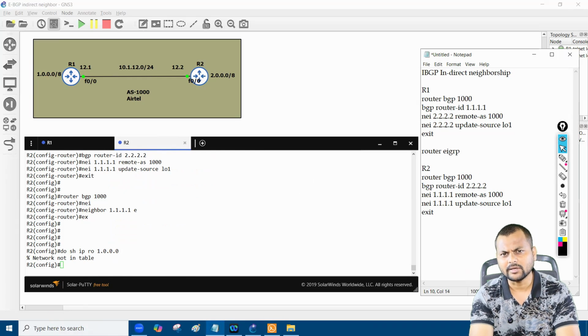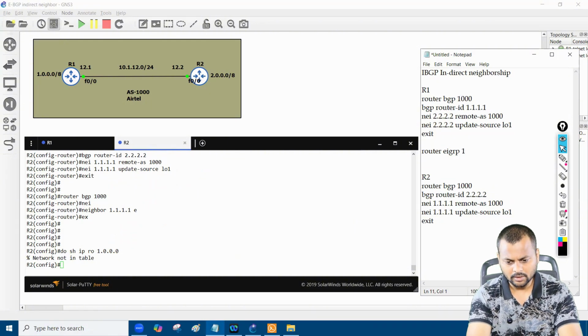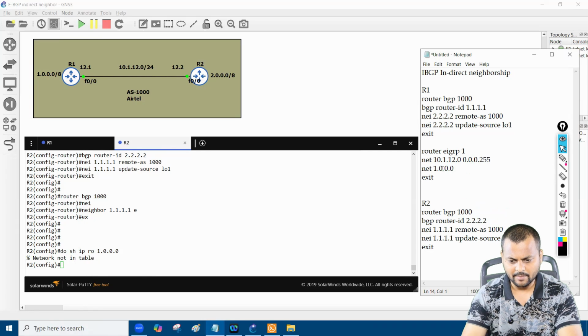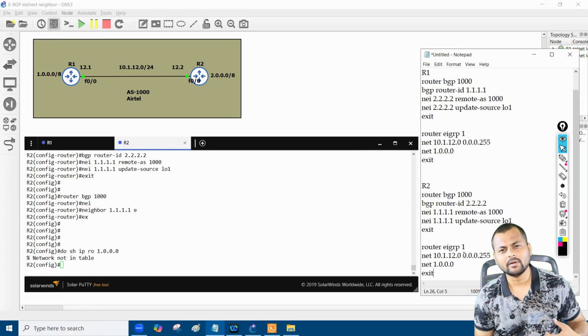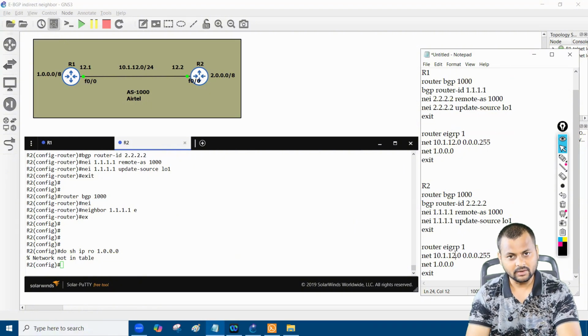So now I need to give the static route, or let's do one thing, let's run the EIGRP protocol. It's better to run the static, because in the last video in the eBGP indirect neighborship we configured the static route. Here I will go with the EIGRP protocol. I say network 10.1.12.0, and network 1.0.0.0. So eventually I should have reachability. In a big production network, when you have multiple BGP routers, you configure any IGP protocol like OSPF and IS-IS. In a big service provider network, you never encounter the EIGRP protocol.